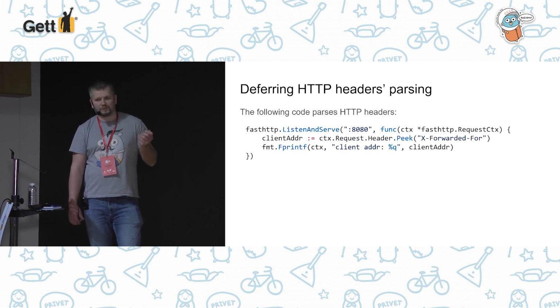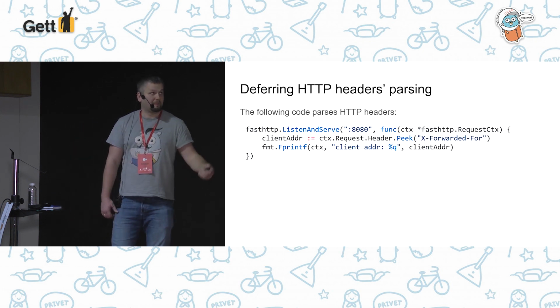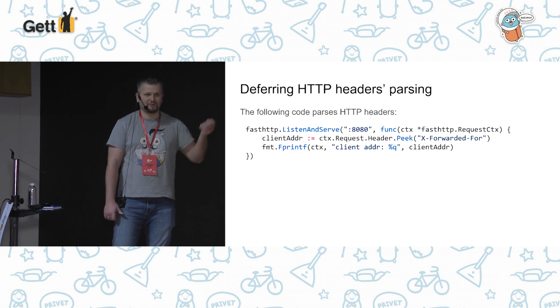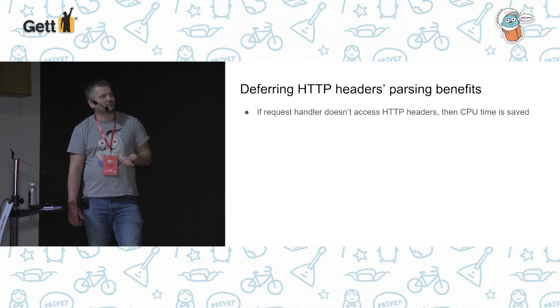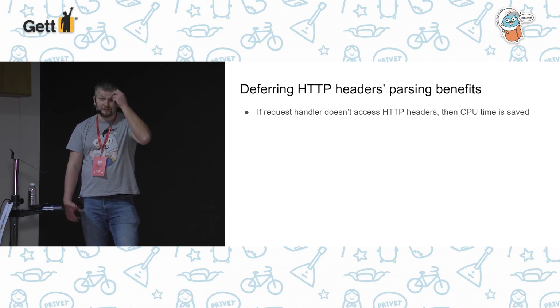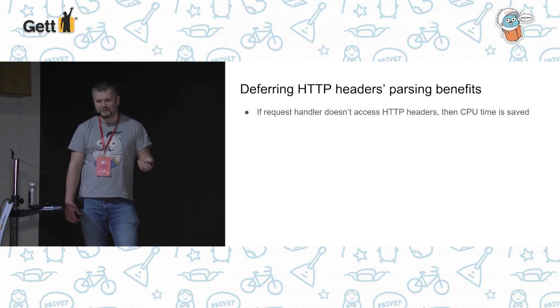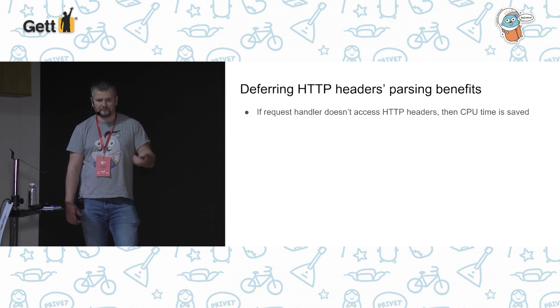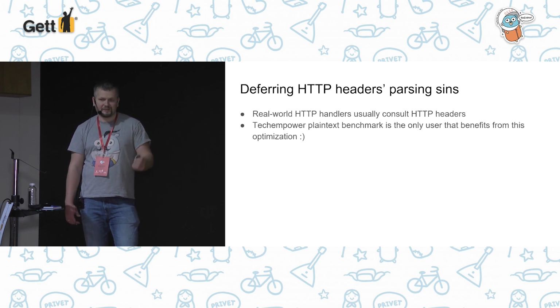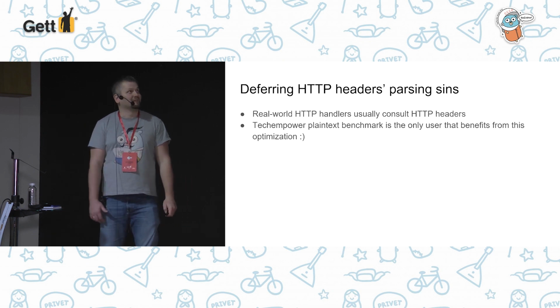This code just writes hello world in the response string and doesn't read the headers. And this is the code that does read the headers, and we can see here that as the header is read, the HTTP server parses HTTP headers, spending resources on that. So what are the benefits of this implementation? It's clear that the HTTP server will run fast without HTTP header parsing for each request. The drawbacks of this scheme, the sins,